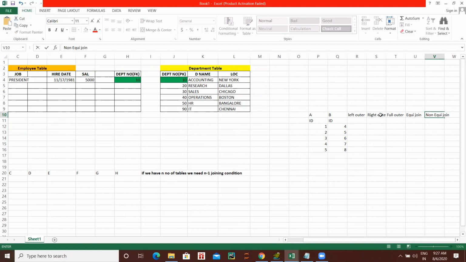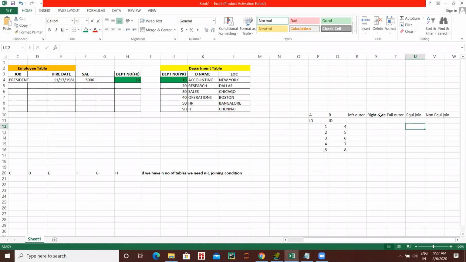Now let's say first I'll do the EQ join. What is the output I'll get in EQ join? Come one cell below, under EQ join. What will be the output? Just write it.